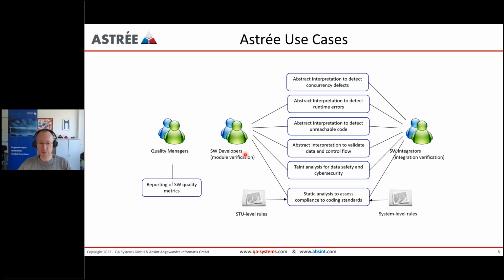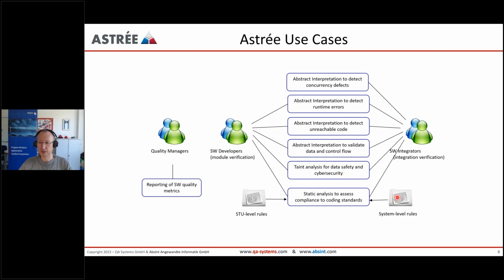From a developer's perspective, you can, for example, check coding guidelines at the single translation unit level, and also the undecidable rules, for example. And then at the software component level, it also makes sense to run this analysis to find defects early. So for each software component from the developer, you can run the abstract interpretation to find runtime errors, unreachable code, look at the data and control flow in your component, possibly do a cybersecurity analysis of your component.